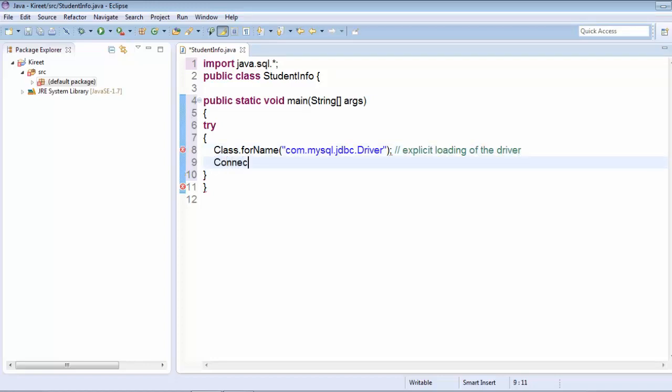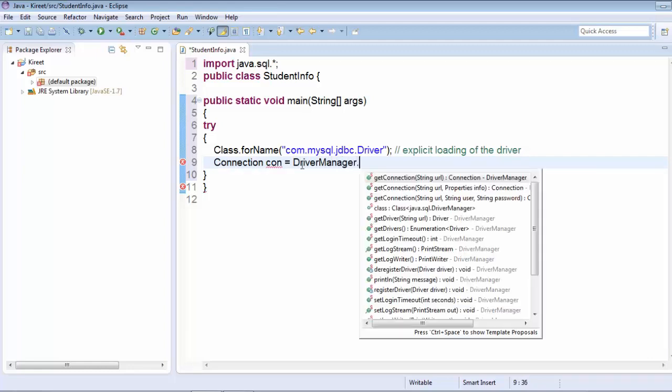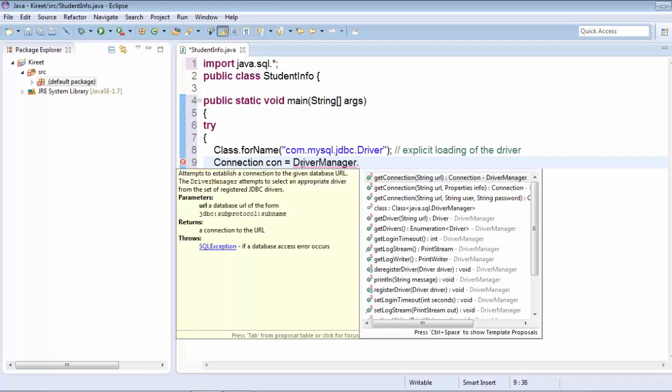So we will create a reference to the Connection interface. Our reference con is created, and it is a reference of this Connection interface. Connection is an interface. Now we'll use the DriverManager class, which has a method called getConnection that takes a string URL, string user, and string password.